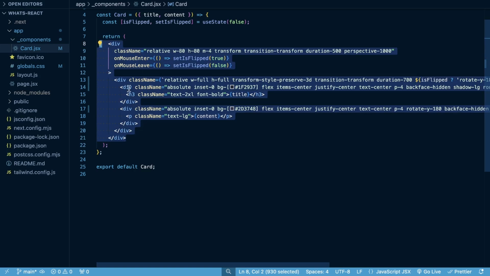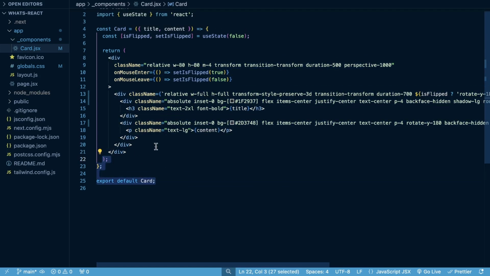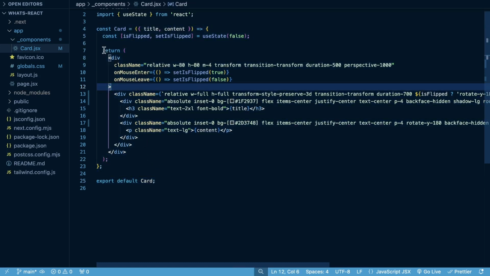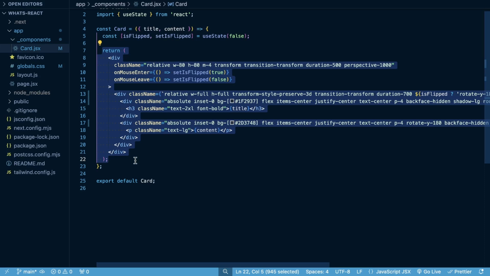It looks a lot like HTML, but it's actually just JavaScript that gets converted into HTML, which allows me to use JavaScript within this JSX. And then I export this card component here and use it throughout my application. So you create these functions that return what looks like HTML. It ends up being HTML, so you can think of it like that for now. But it returns some JSX that gets turned into HTML.